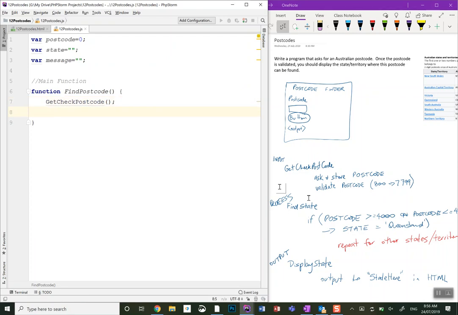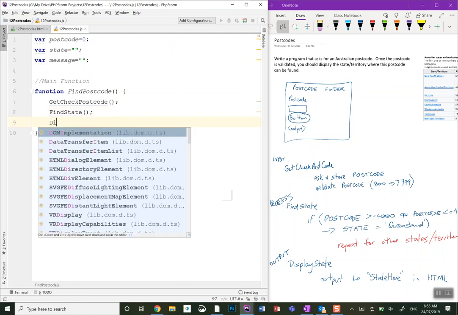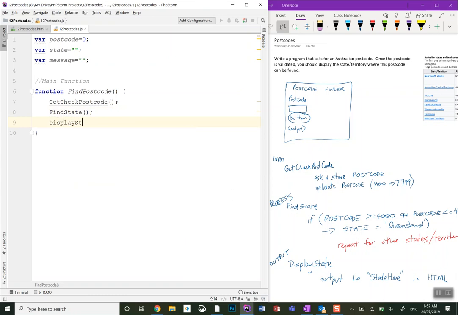Okay, when you do your assignment in a week or 3, you'll probably end up with 30 or 40 functions in your program. A function just does a job. So this thing's job is to just get the postcode and check it. The next one, find state, is to get the state and allocate what state it is, and finally display state, fairly obvious what it would do. You don't need to do anything fancy in there. Essentially we have 3 stages. We get our input, we process it, we spit it out. Once we've done that, we can start doing